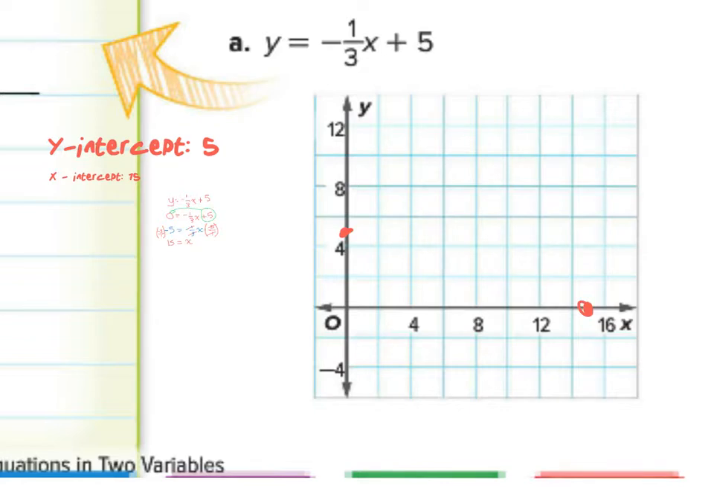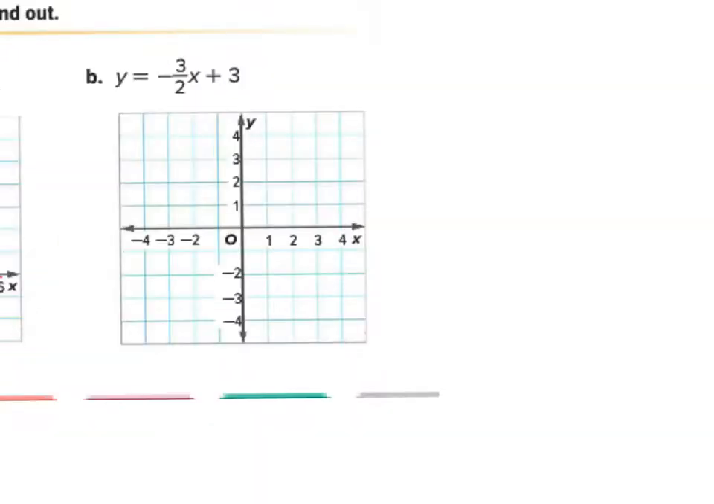I'll make a line right there. And now I just connect the dots with a line, and there's my slope, simply by identifying my y-intercept and my x-intercept. Let's try B. For B, again, it's already written in slope-intercept form, so we don't have to move anything around,